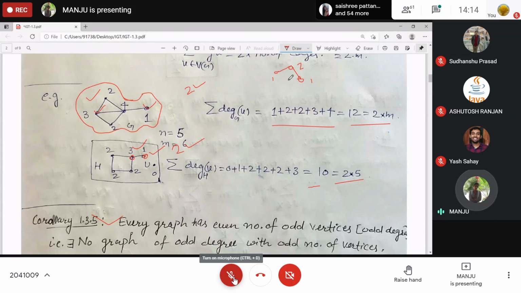I'm just labeling by its degrees. Again, 2. P4, 2. Again 2.